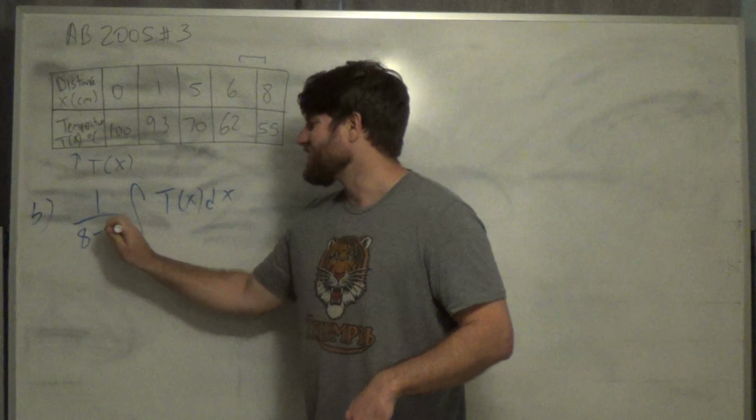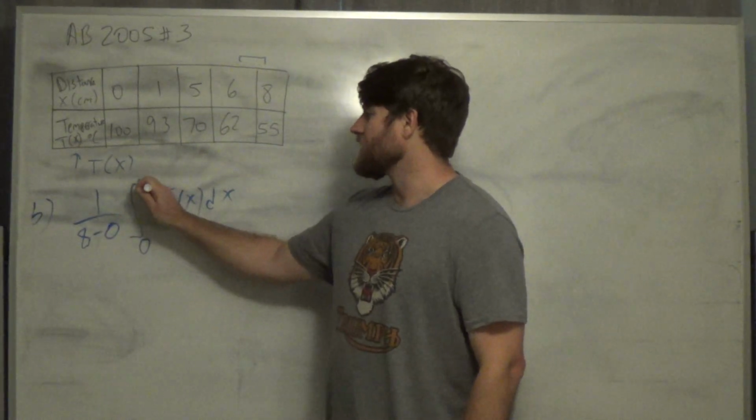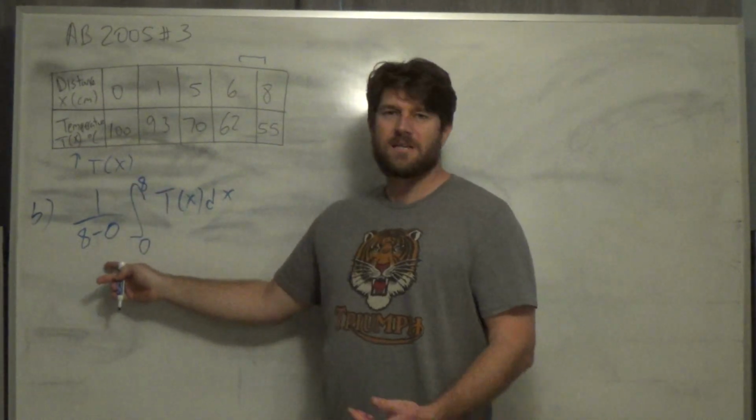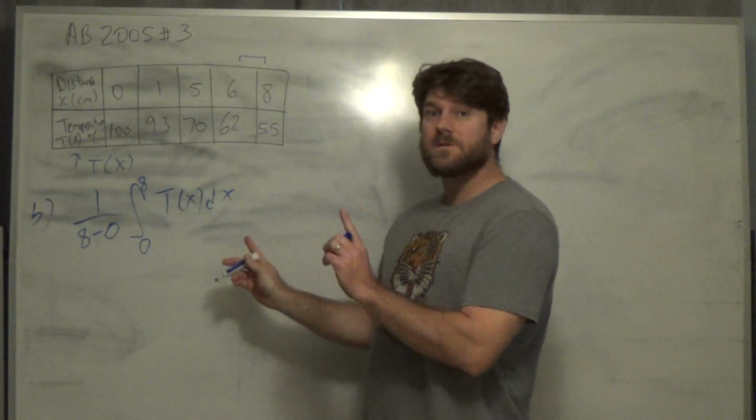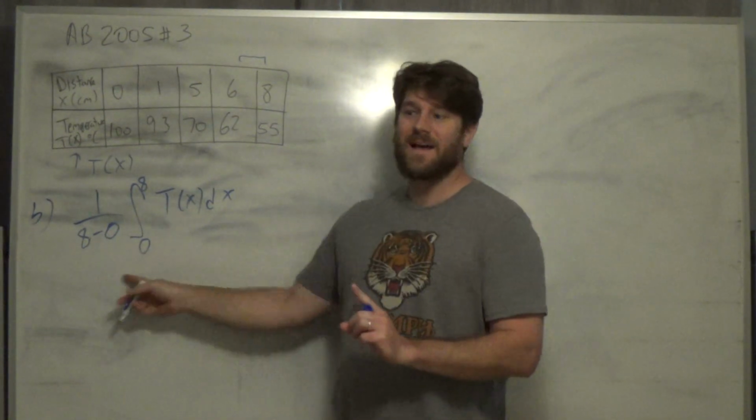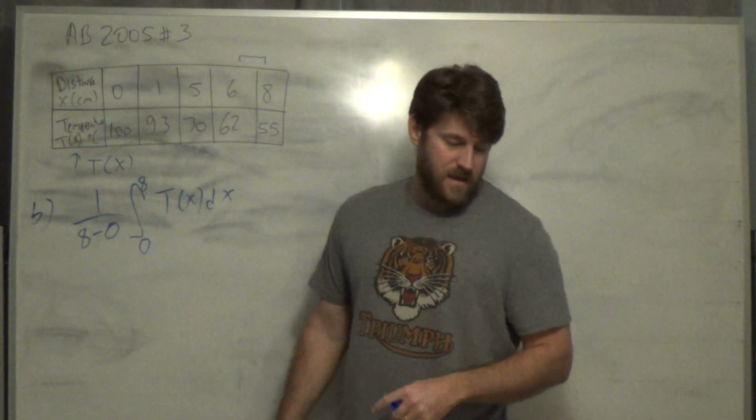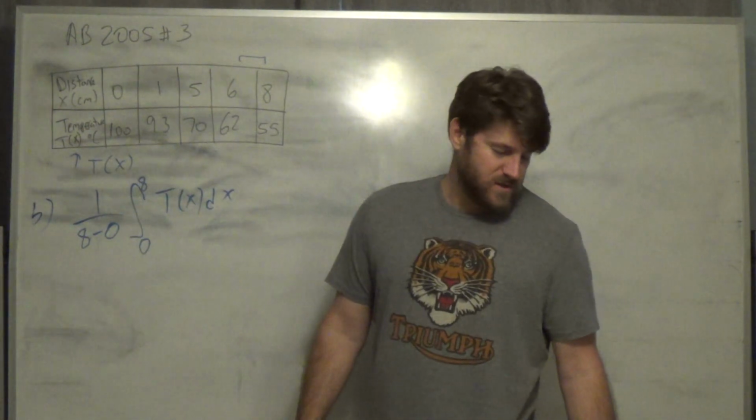So 8 minus 0, from 0 to 8. Now, obviously 8 minus 0 is just 1/8. So this is the first part. You get points for writing down this. And then the second part says, okay, now go ahead and use the